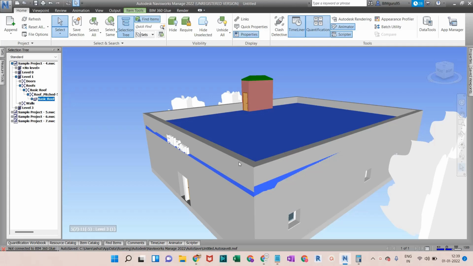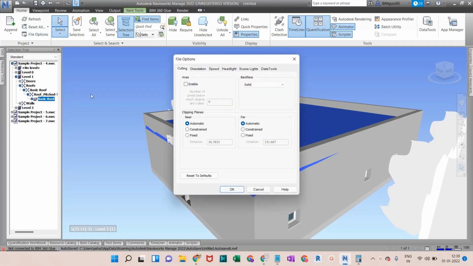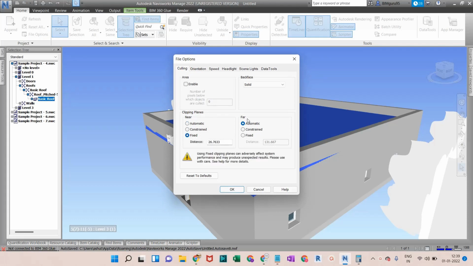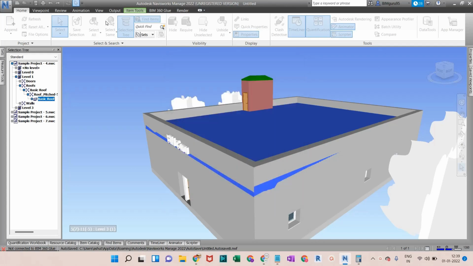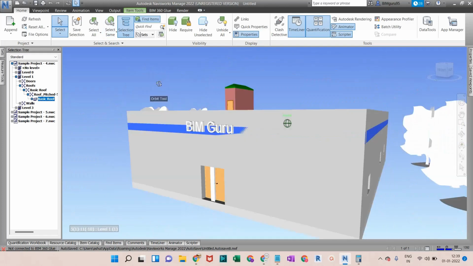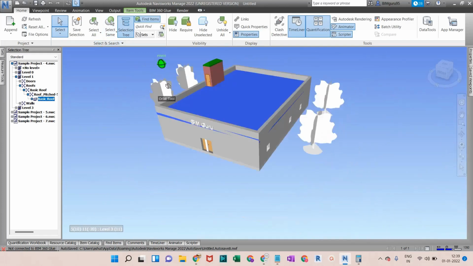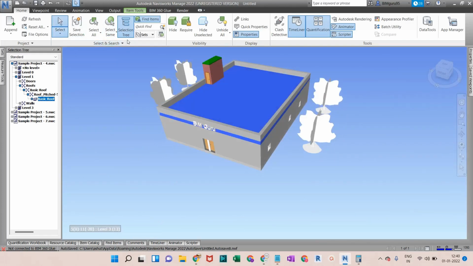So what you can do at that moment is go with the clipping planes, and you can go with the fixed and far as well. At that position it will be clear, but right now my model is quite fine, so there's no need of doing that.